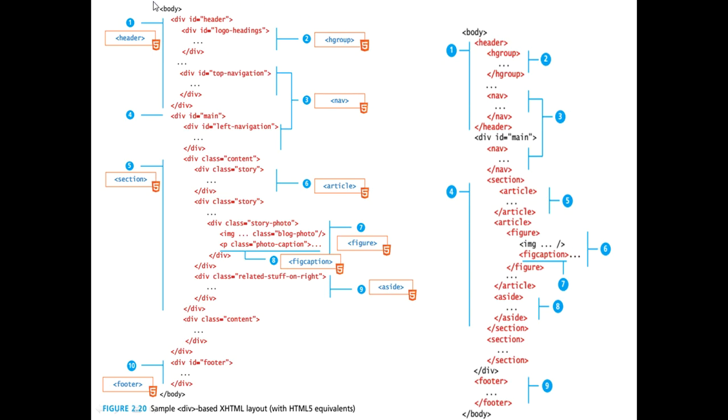They scanned these web pages in XHTML. They came to the conclusion that this division is used for the header purpose. So they removed this division and made it a header tag here, right? In the sense that, examining millions of these pages, they came to the conclusion about the commonly used sections or divisions in XHTML web pages, and new tags have evolved. These are all the new tags that have evolved within HTML5.